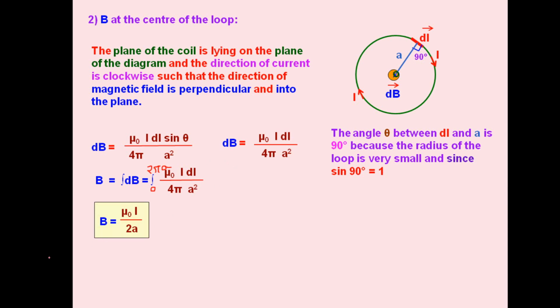So if we consider one more step here, mu naught by 4 pi, I upon a square, dl becomes L. Limits will be 0 to 2 pi a and it will give 2 pi a minus 0. So 2 pi a minus 0 will be 2 pi a. So a and a will be cancelled, pi and pi will be cancelled, 2 and 4 will be cancelled. So this will be the formula, and you can check the formula is same as we have got in a special case of magnetic field at axis of the current carrying coil.